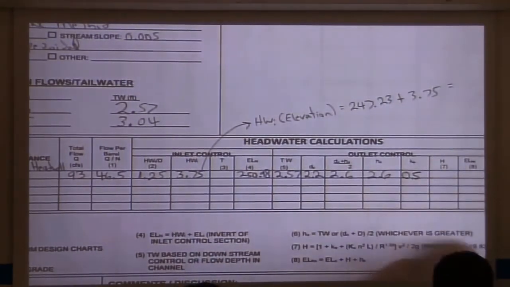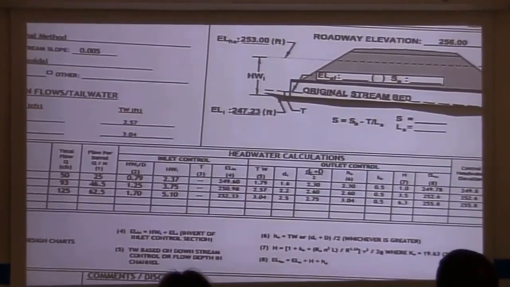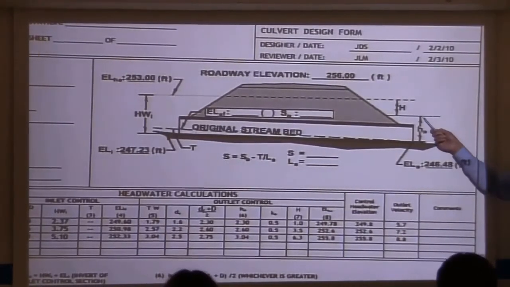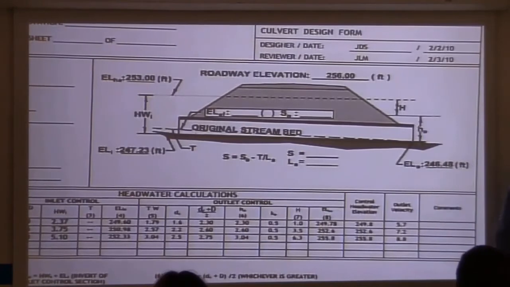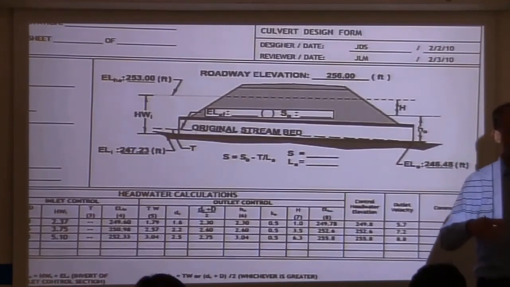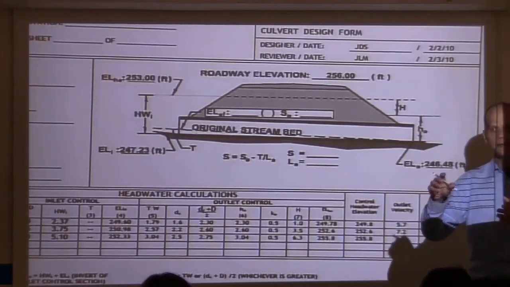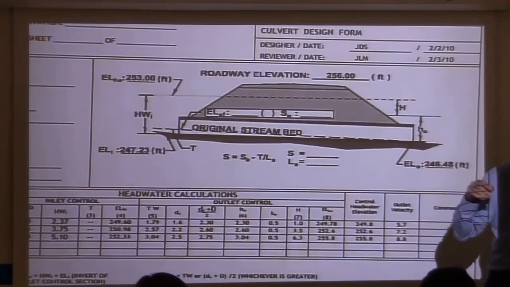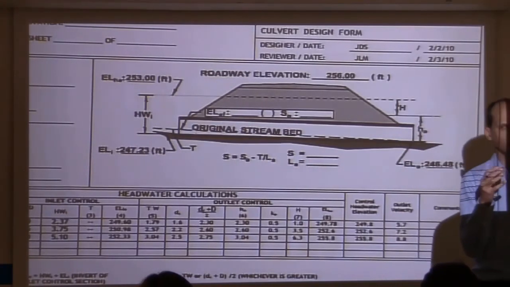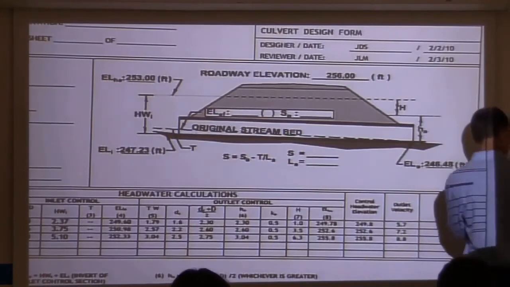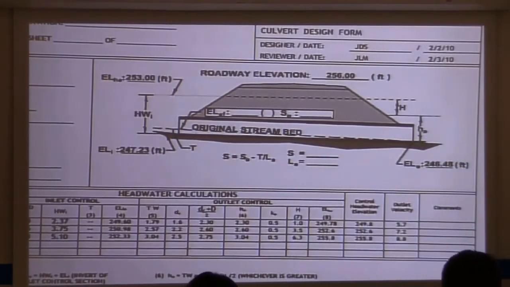Now what is H? Here's the figure that you should have in your worksheet that you'll see in HDS5. Here's H naught that we already calculated as 2.6, and we're going to determine H from the outlet control nomograph, which is the sum of all your head losses. It's that entrance loss, it's the friction loss through the barrel, and it's the exit loss. So the nomograph we're going to use actually calculates all the head losses for you in one capital H, just by using the nomographs. Pretty cool, huh? So that's what we're going to use. And that is going to be this chart,